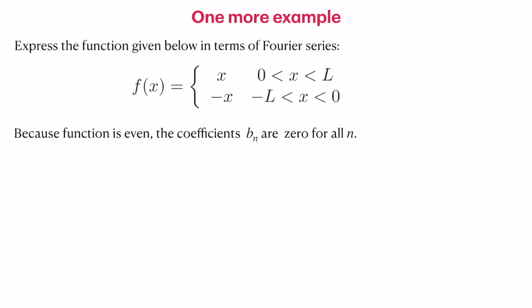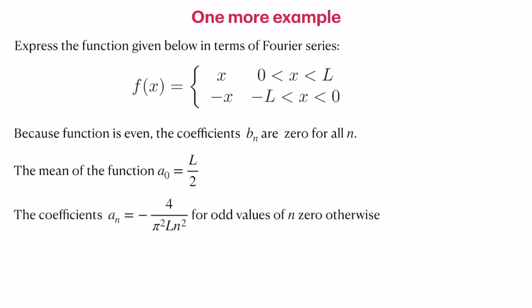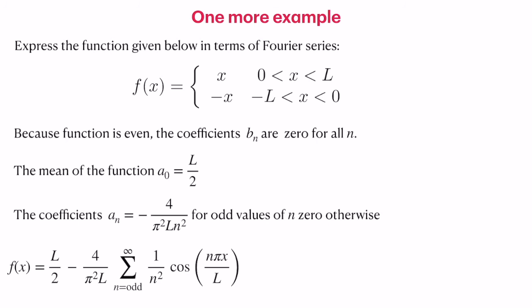Again we see that this is an even function, so Bn are going to be 0, and we only need to compute An. A0 we can straightforwardly calculate. We need to find the mean of the function, which essentially turns out to be L by 2. The coefficient An can be computed by taking the integral. You can do it by yourself, and An is equal to minus 4 by pi square n square for odd values of n, and when n is even, it is going to be 0. This is owing to the nature of the function.